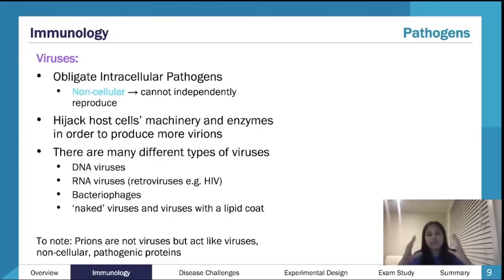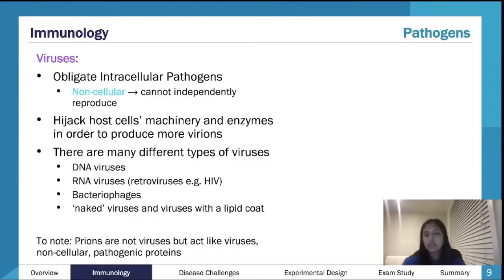It affects the nervous system, so you get some of the neurological disorders. If you think of mad cow disease and stuff like that, that's the kind of thing you're thinking about with prions. So it's important to remember that viruses are non-cellular and prions are non-cellular. Your viruses are your little hijacking genetic information sort of thing, and your prions are just misfolded proteins, basically. Prions are more about neurological disorders. I would say they honestly don't come up very often in exams, whereas with viruses, you'll be talking about them